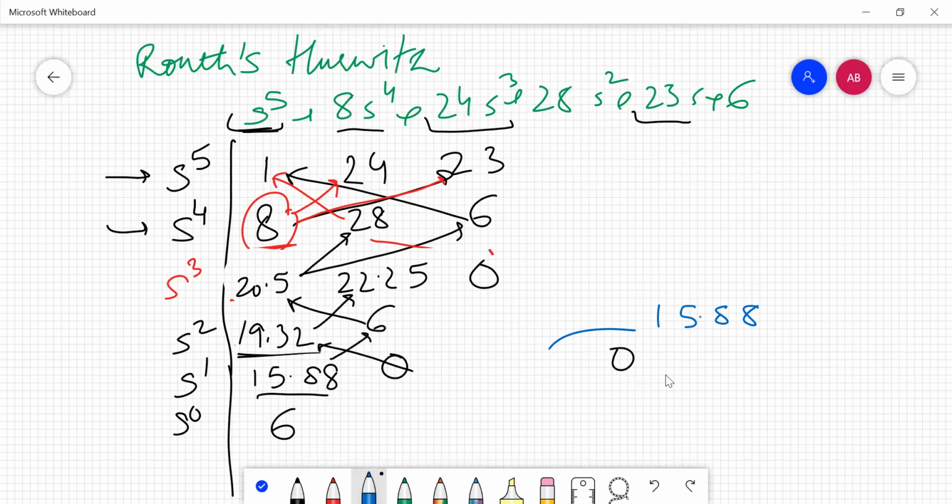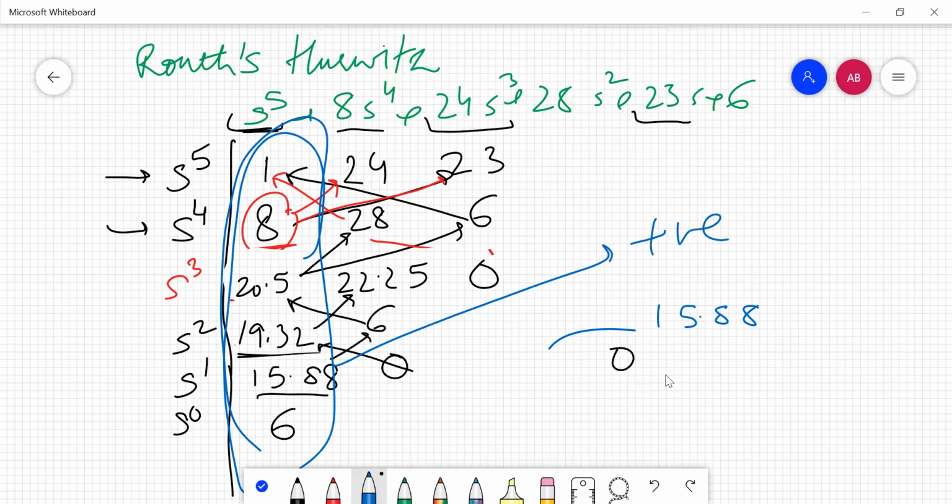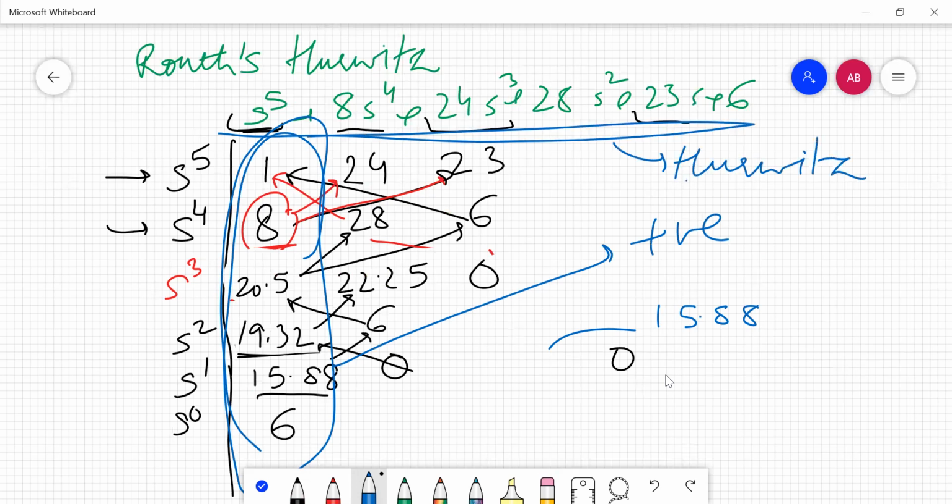So now you all should pay attention to the first column. If all the elements of the first column are positive, then you say that your given polynomial will always be Hurwitz. If you are not told anything, if you are given the polynomial and you are told to find out whether the given polynomial is Hurwitz only using CFE, then you need to go for the previous method. Otherwise, you can apply this method for such lengthy polynomials. So that's all for now.